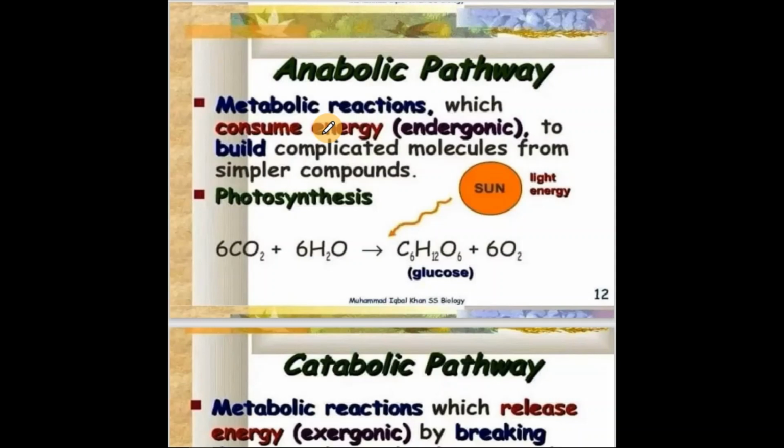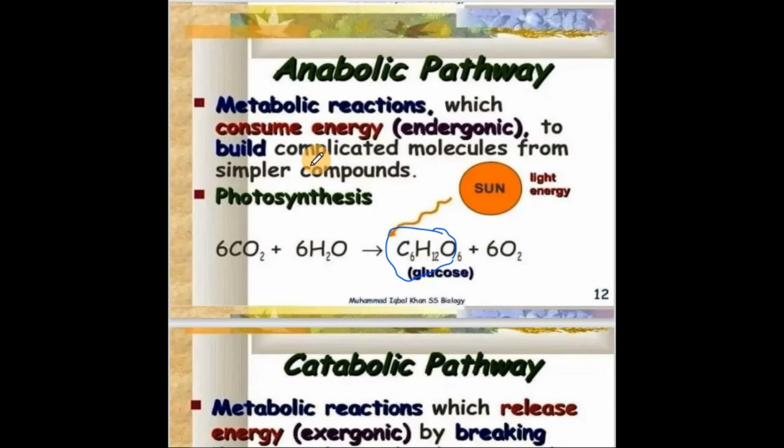So I want to synthesize very complex molecules like glucose from simpler molecules like carbon dioxide and water. Now this reaction is an anabolic reaction because I try to anabolize. Anabolize means that I'm going to synthesize a large molecule from smaller molecules. So we call this one an